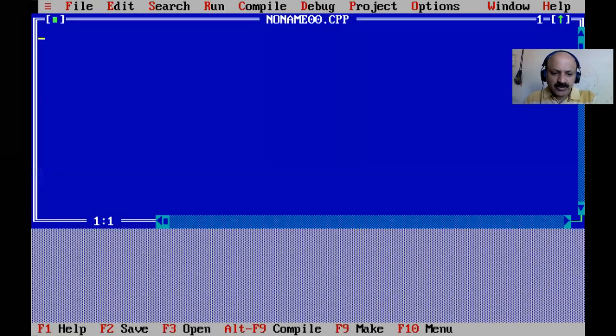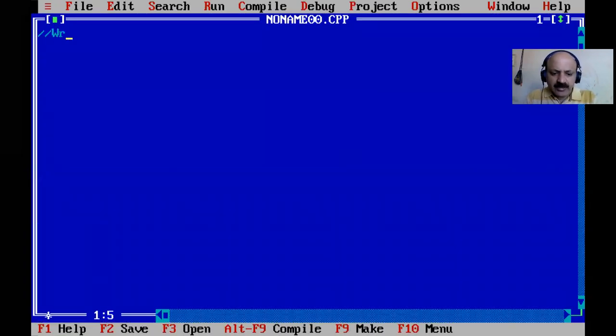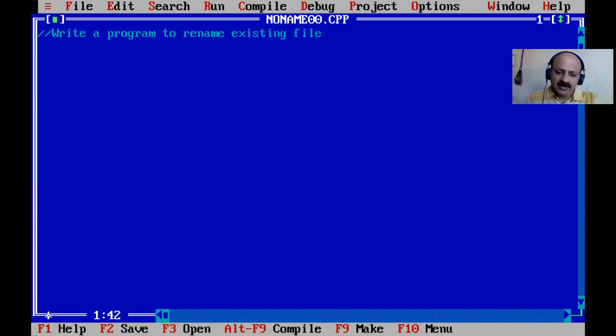So after that, from the file menu, take a new file, and here write a program to rename an existing file name. So we can rename. That is the syntax, first I can write. That is one integer, and that is rename, and we can pass two arguments. So constant character